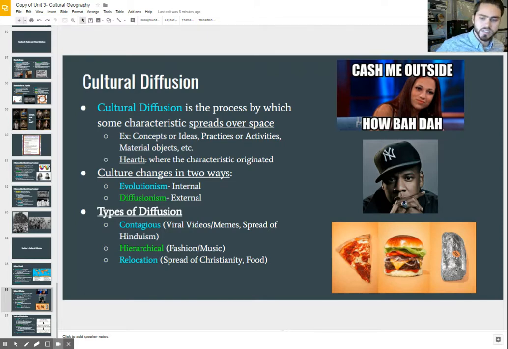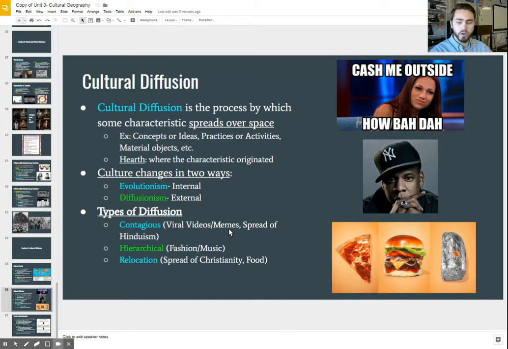And you can see many different types of diffusion that geographers typically use. The first type being contagious, where it spreads person to person. And this is the most common way in which people share culture, from person to person. Today, we see a lot of culture being diffused through things such as the internet, things like viral videos or memes, which oftentimes spread quickly from person to person. And this is what we call contagious diffusion, the same way in which a disease or sickness might be contagious, same way for cultural ideas or material culture. So you can see that in a few of the examples here.